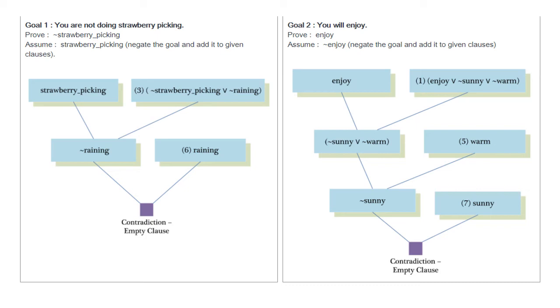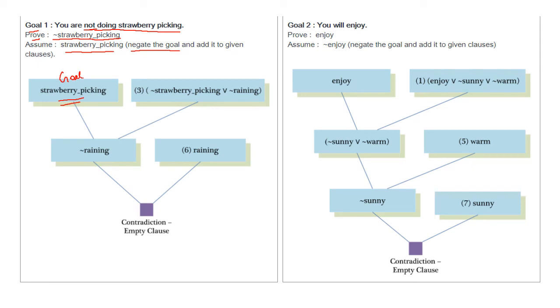First let us take goal 1, that is you are not doing strawberry picking. What we need to prove is not strawberry picking. So we need to assume the negation of the goal. The negation of the goal is strawberry picking, and add it to the given clauses.